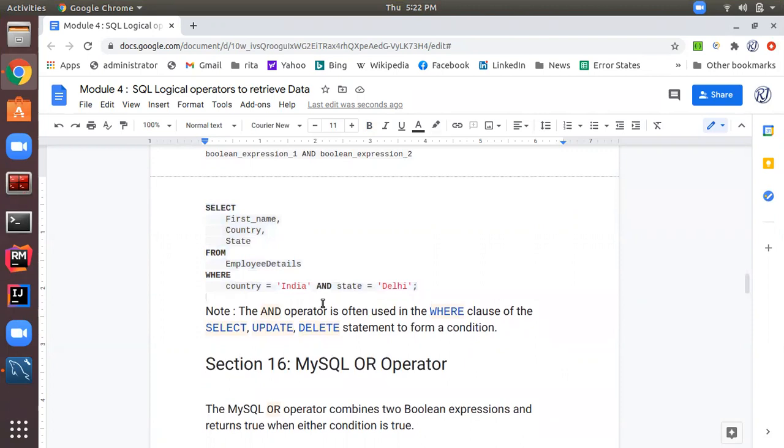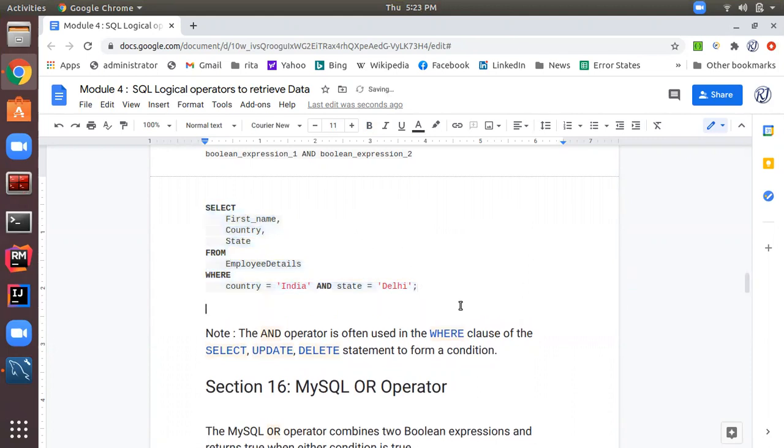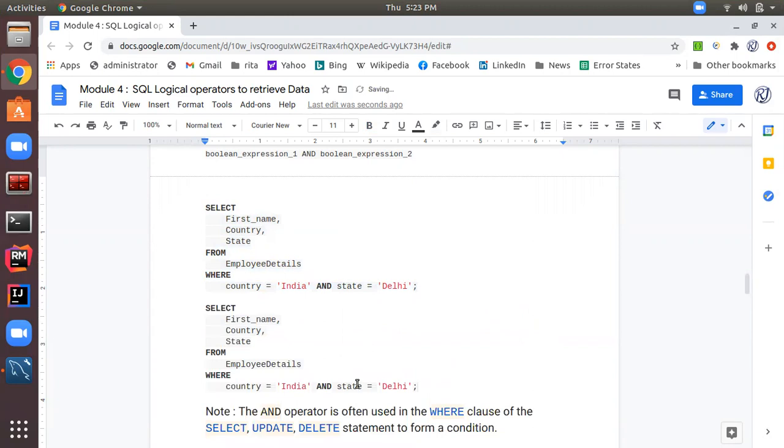Let's suppose we have another query. We want those employees whose country is India, and we want employee number and age. The second condition we can form for age equal to 30, or we can give age less than 30.